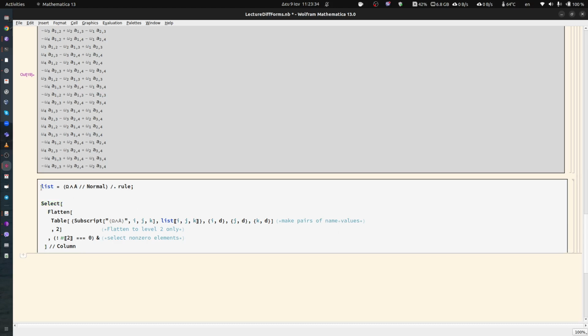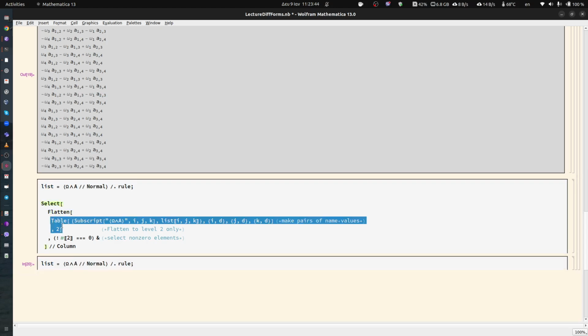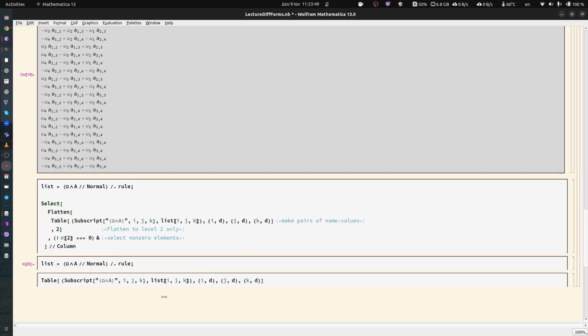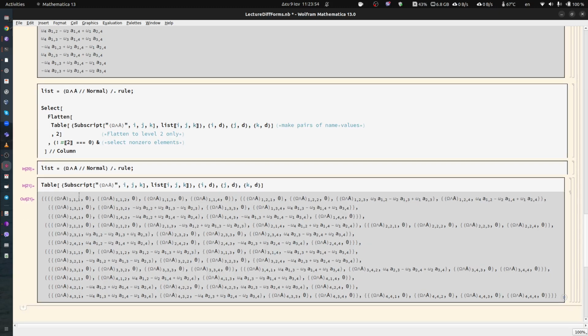Let's call this list, and then construct this table. You see here we obtain a list that has the same structure as the three-form, but instead of having just the components, we have pairs that have the name omega wedge A,